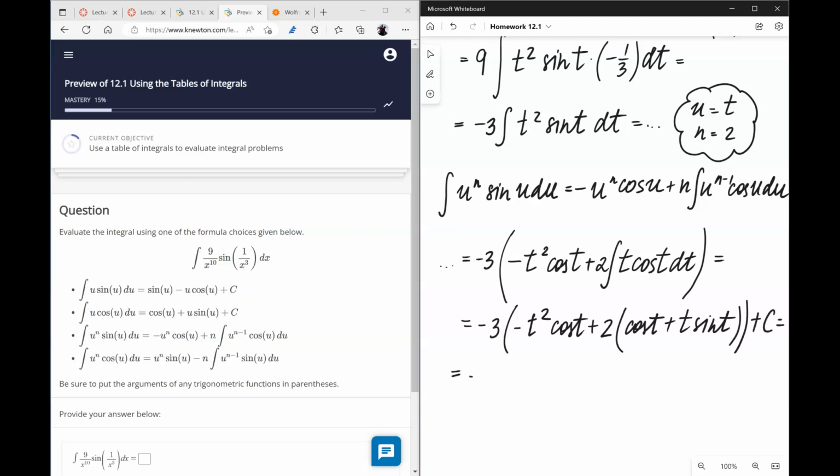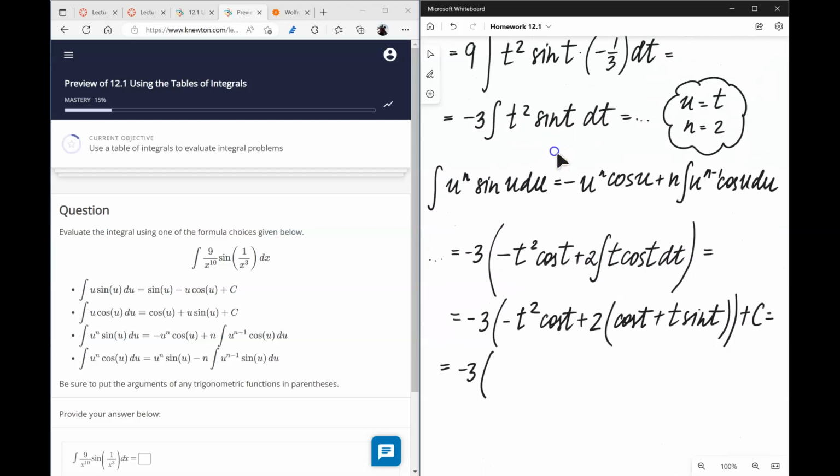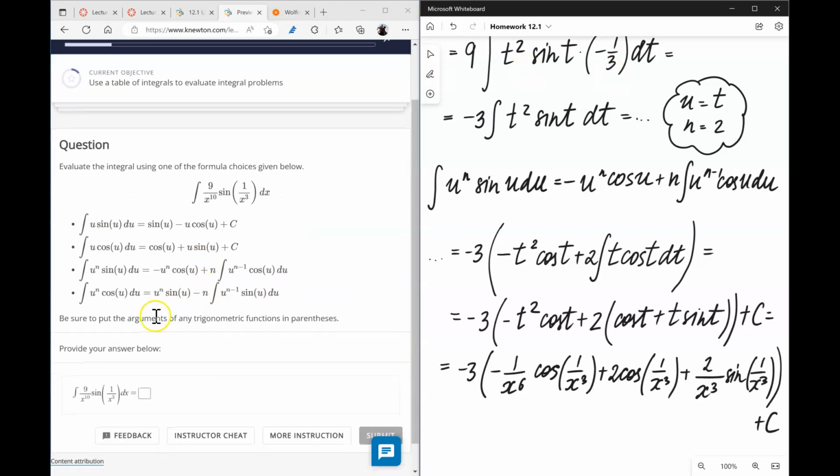And the last step to do is to replace t with what it stands for. And t stands for 1 over x cubed. So we have negative 1 over x to the power 6 cosine of 1 over x cubed plus 2 cosine of 1 over x cubed plus 2 t sine of 1 over x cubed and plus c at the end. So the answer is,